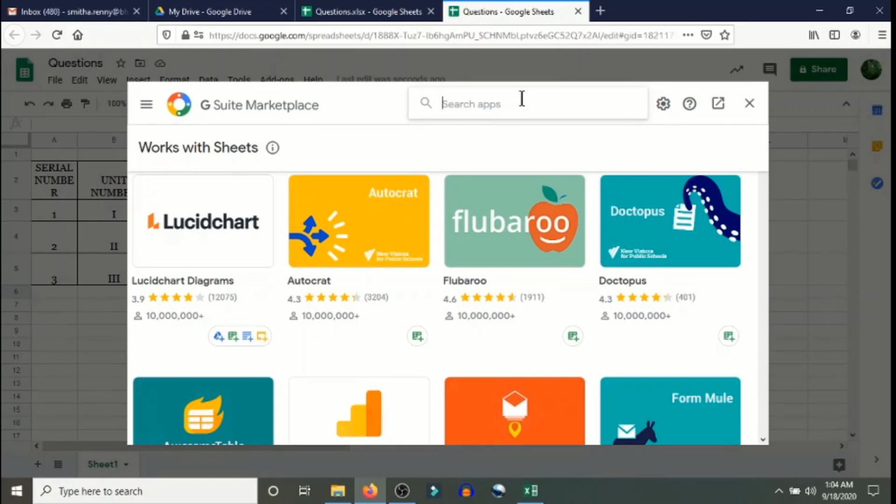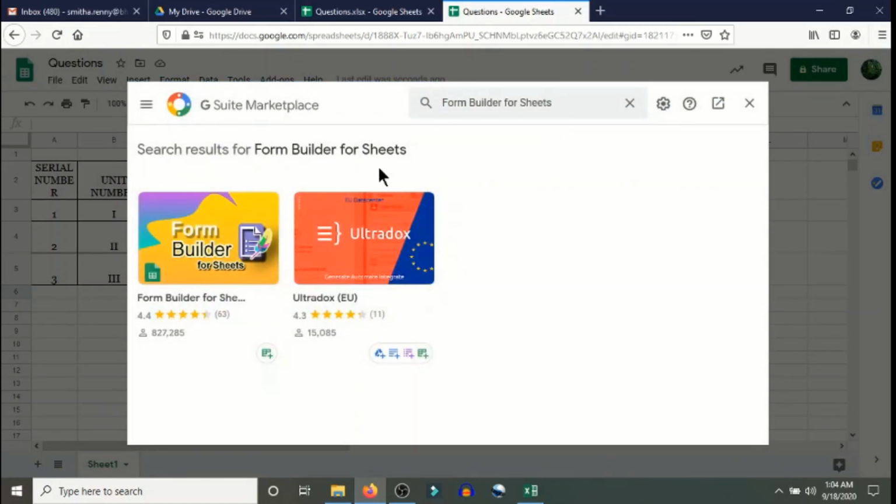We'll click on that and we will type in form builder. As you type it, you will get the suggestion. It can be either a plain form builder or form builder for sheets or docs. So at the moment we're going to click on sheets, but for those people who have already created their question bank in Word file also, they can also be importing it, but that later. At the moment, form builder for sheets. So click on sheets, it gives you two suggestions. We'll take the form builder for sheets option.